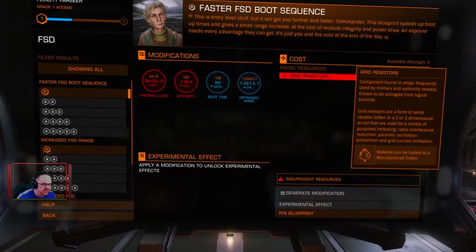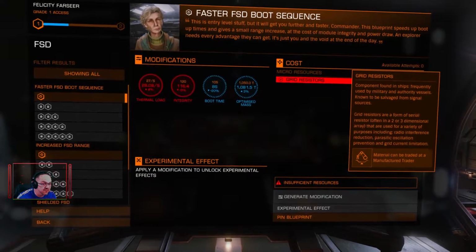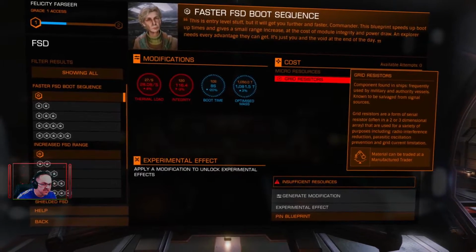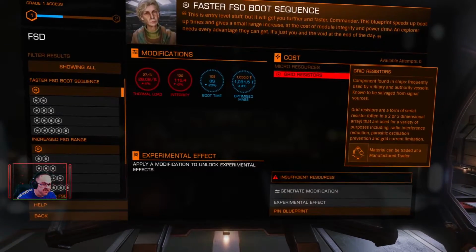Component found in ships frequently used by the military and authority vessels known to be salvaged from signal sources. Grid resistors are a form of serial resistors, blah blah blah. Material can be traded at a manufactured